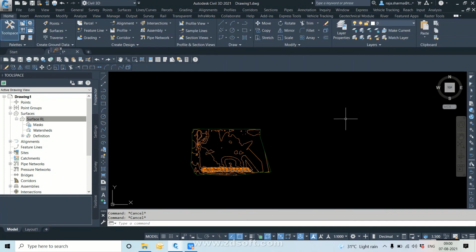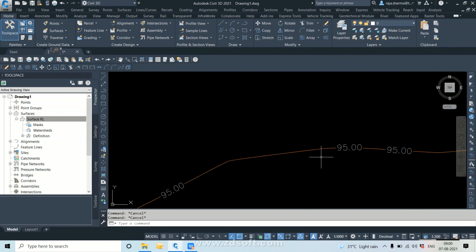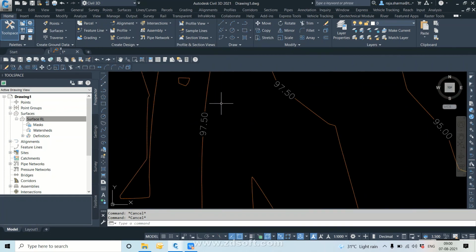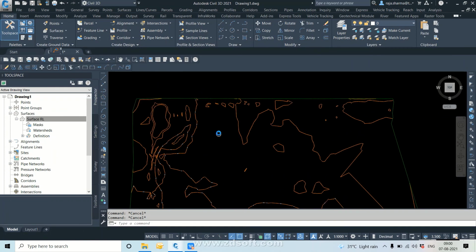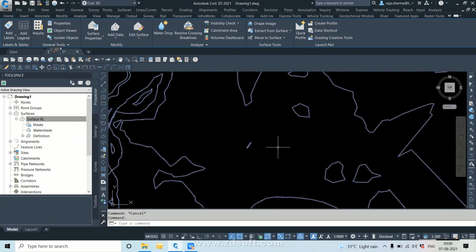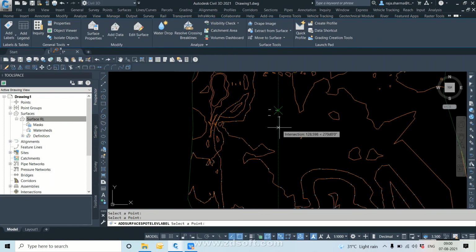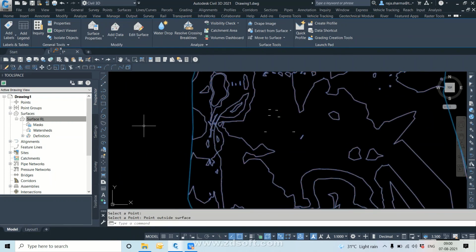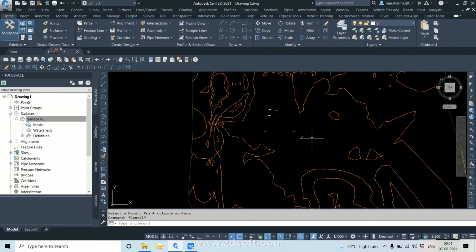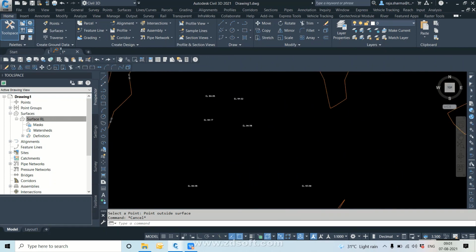Now can you see, it already has levels everywhere, the contour leveling over here. Every contour you can see the level. See, I just zoom in. Now you can see every contour has gotten its level. But the place where you don't have contour leveling, see, I already selected here. If you need a level at a place with no contour, go to add levels and put a spot elevation over here. Now when you put the spot elevation, you can see the labeling over here. Because this area has already been converted to a surface, you can put a level anywhere, and you can get leveling everywhere.